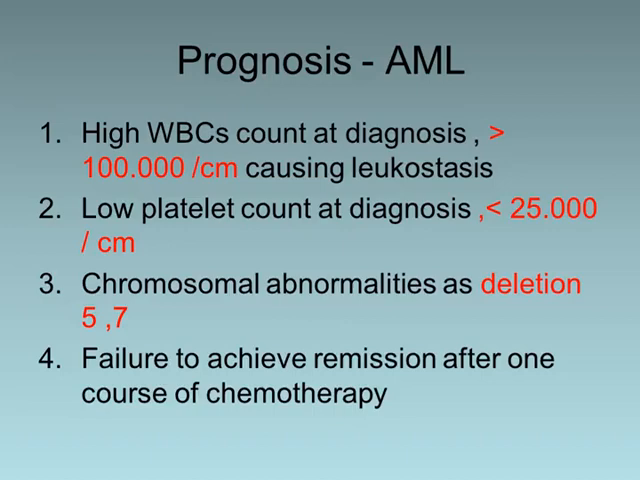In AML, poor prognosis is seen when the white cell count is high, more than 100,000 because of leukostasis, low platelet count at diagnosis less than 25,000, presence of chromosomal abnormalities such as deletion 5 and 7, and failure to achieve remission after